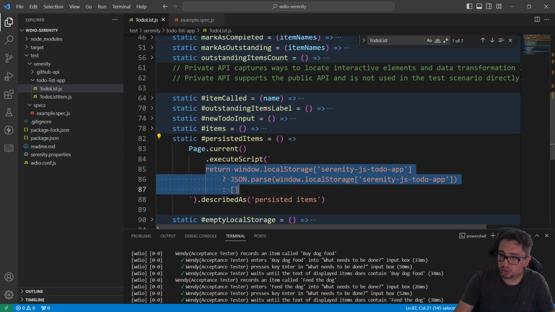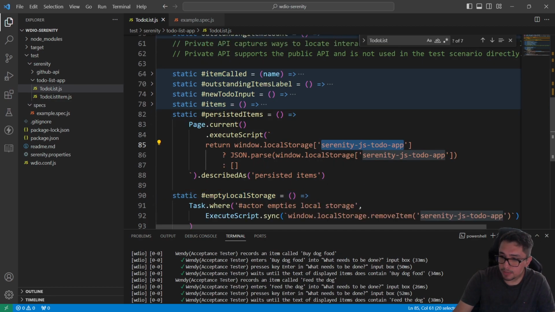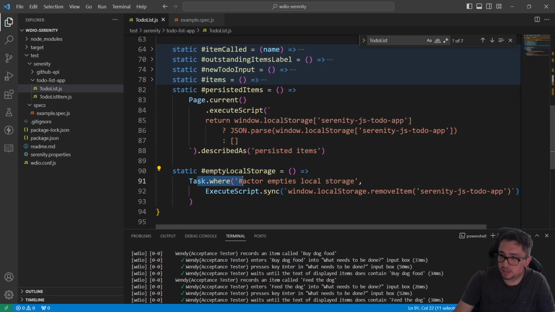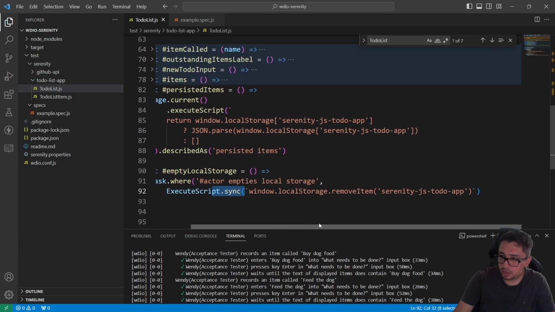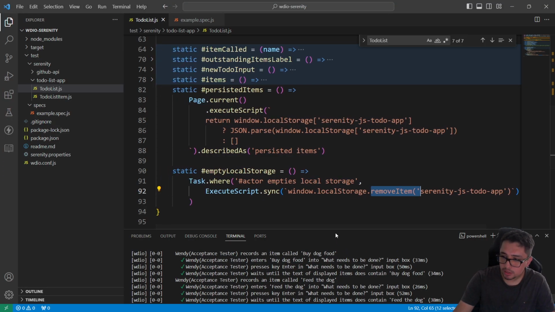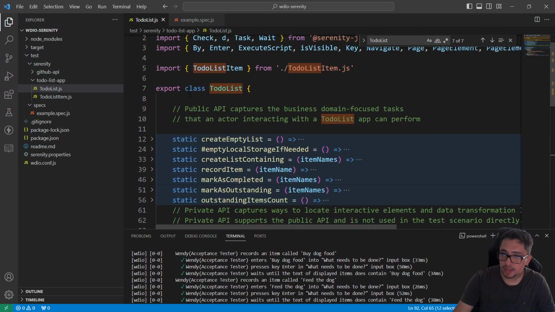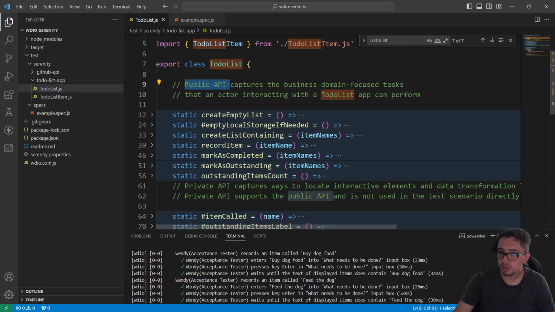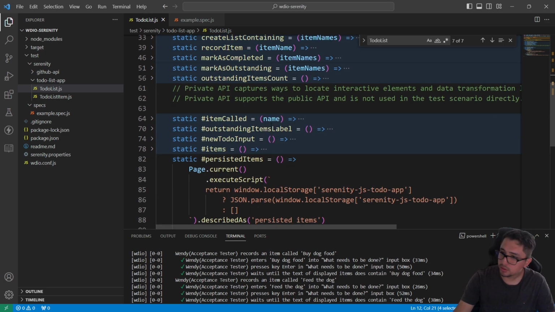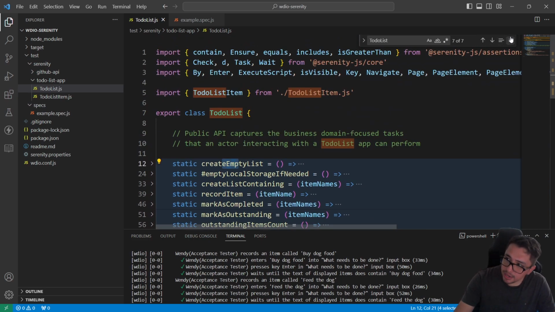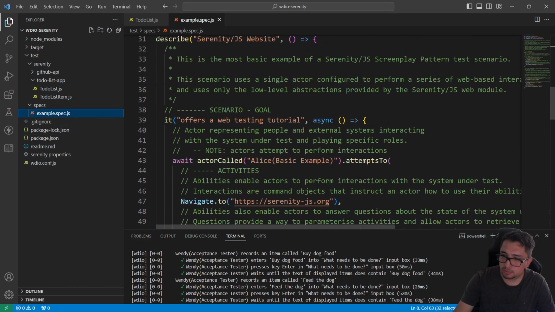And we can manage the logic in the private API, okay, like this one, persistent items. This script is going to help us to return all the items that we have in the local storage with this particular key. If we have more than one, it means that we need to clear it, right? So if we need to clear it, we can use the method empty local storage, which is a task where we can execute the script, remove item with this key, just as I did before in the browser. Okay, sounds good. Now that we understand that in our classes we can have public APIs with different methods and private APIs with different methods as well, and the logic behind it, I can start explaining the method that we are gonna use